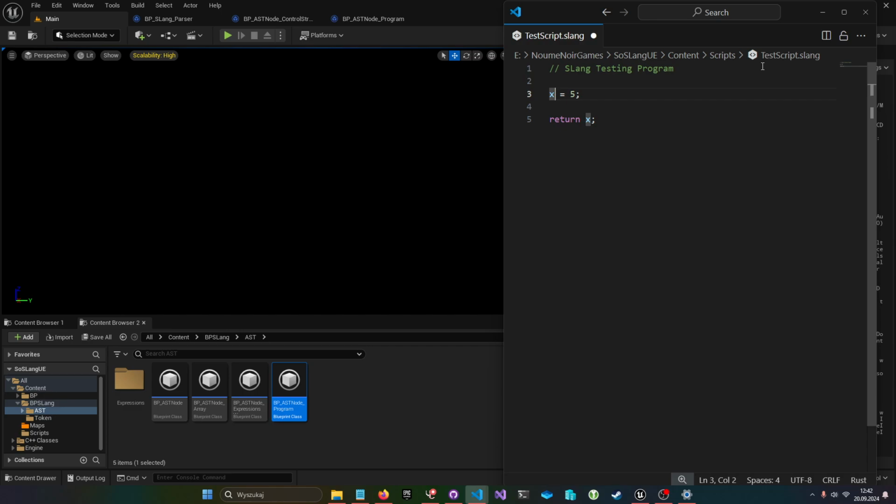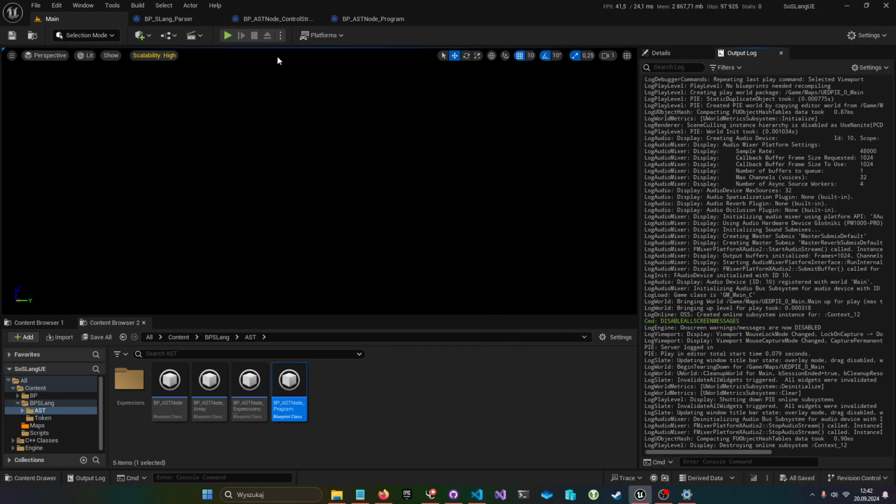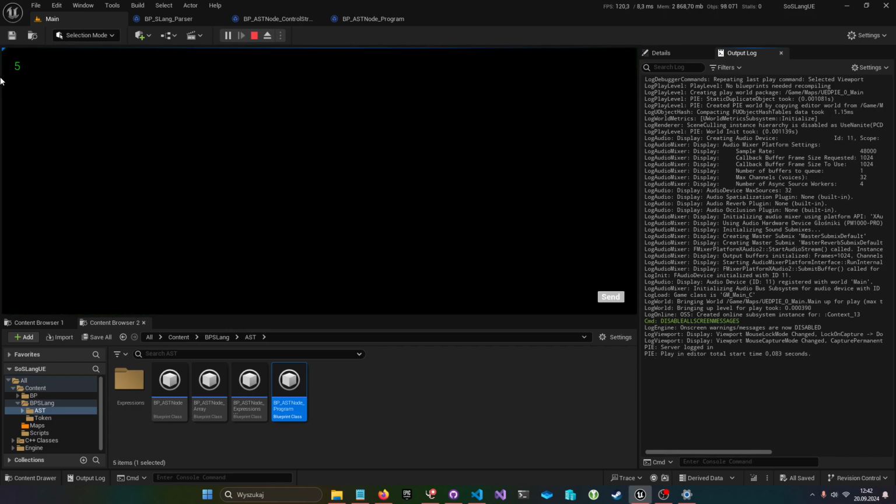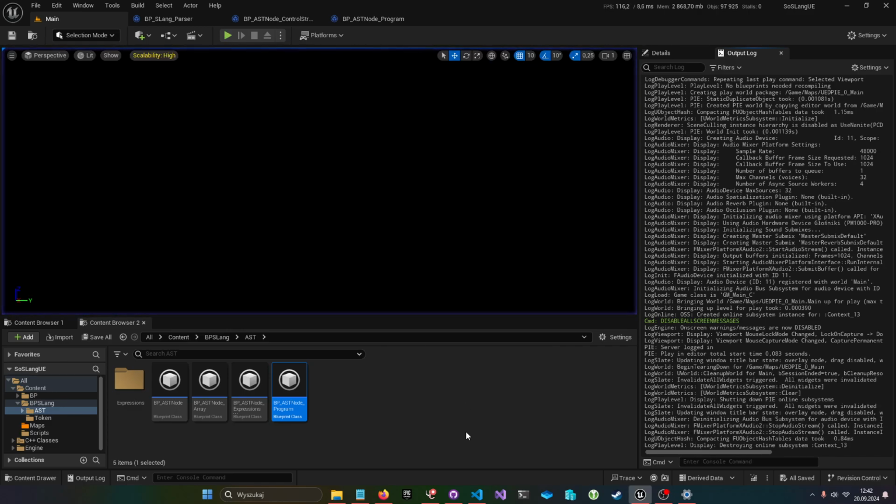We could do something that Rust does, so we can assign a type to that variable. So we have x of type integer, but if we don't do this, then the identifier will check what type does this token have, and it will just auto assign the type to that identifier. So x automatically becomes an integer. And when we run this, my system will process it, import, and kind of lex, parse, whatever, and output the result. So we have 5, lovely.